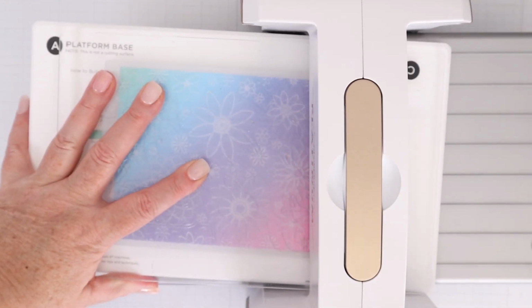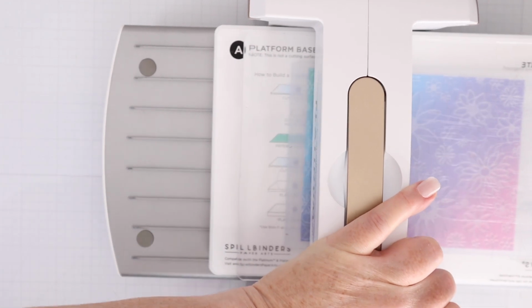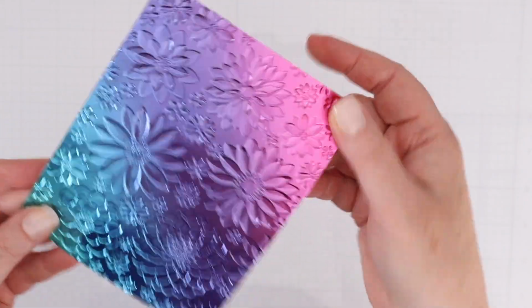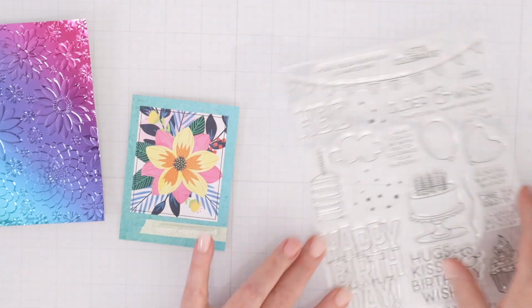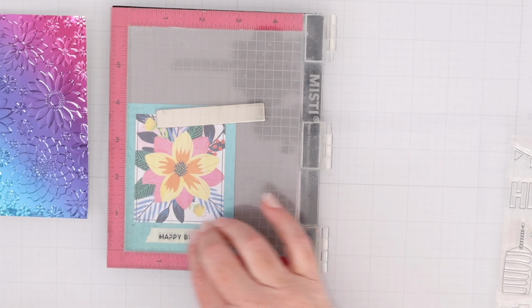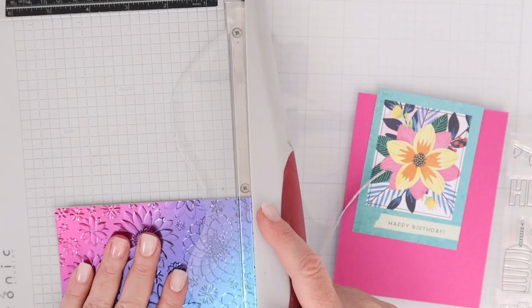So I'm going to use part of the rainbow metallic paper inside the 3D embossing folder. This embossing folder is so thick that I needed to use it with a clear plate rather than the adapter plate in the universal platform that I have for the Spellbinders. I am going to use this open part of the 3x4 card to stamp happy birthday from the sentiment, and